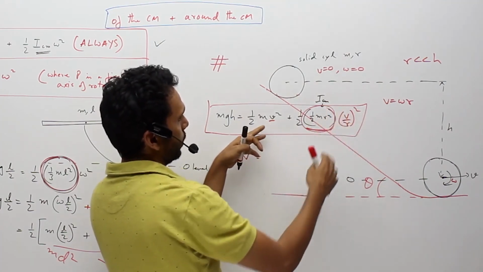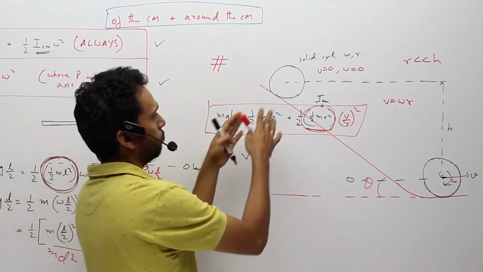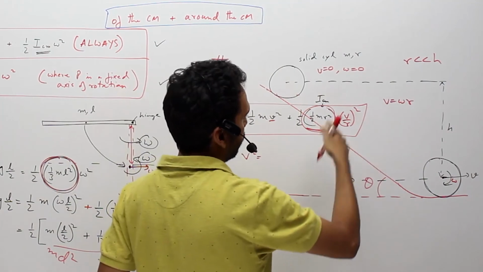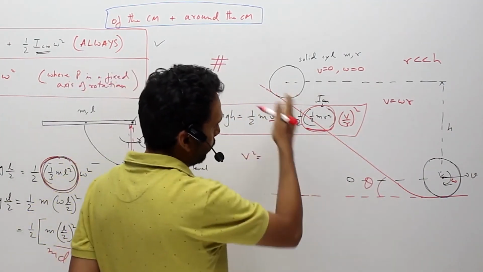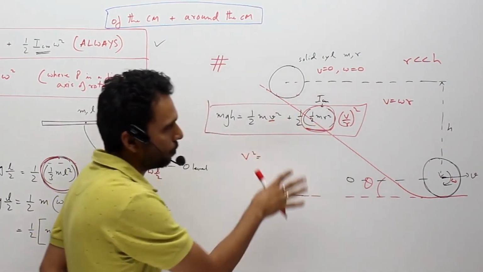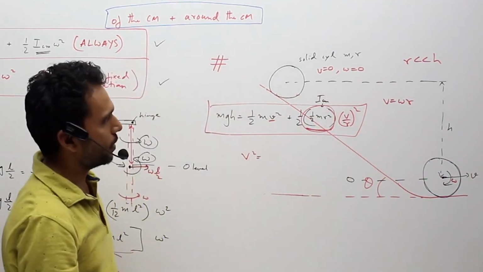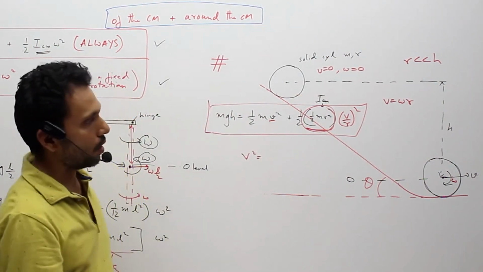So if more is the moment of inertia, more of the potential energy will just be consumed in giving it an angular velocity omega, and with lesser velocity it will go down. So higher the moment of inertia, lower will be the velocity. So questions based on that also come in some exams. Solid sphere is rolled down, hollow sphere is rolled down. So compare their velocities, put the order of their velocities.